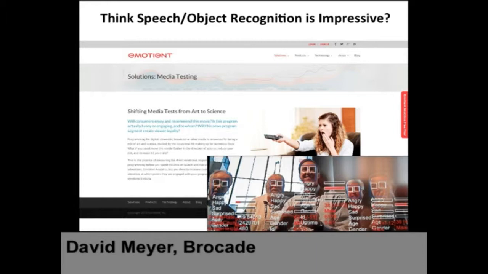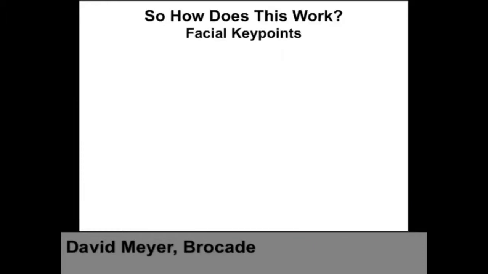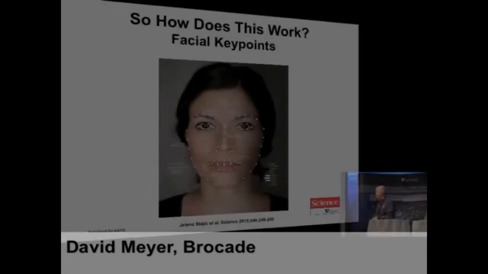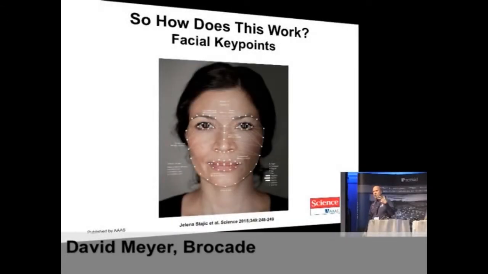And by the way, this is how this works. Facial key points, right? So this was in Science. There's a whole issue of Science covering this, but basically what you do is you just decompose the face into this psychological model, and you can do that now that you can do this facial recognition stuff. And maybe when you go to your psychologist, he'll have this sitting on his desk, and he'll look at you while you're doing whatever you're doing, and they can tell something about your internal state.